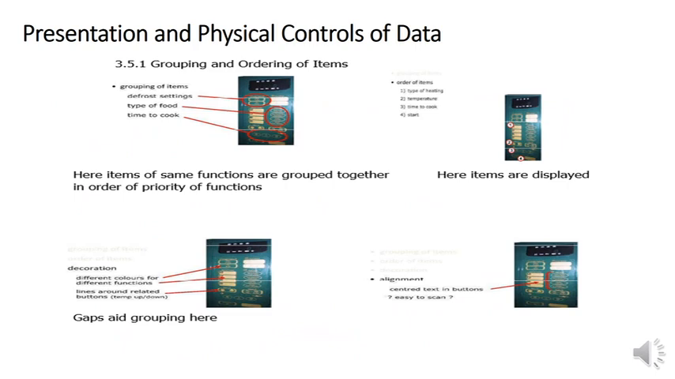Presentation and physical control of data. Just look at how the grouping and ordering is done here. It is detailed enough for every user to be able to understand. Here the items of the same function are grouped together, in other words, in order of priority of functions. This is what you see in this